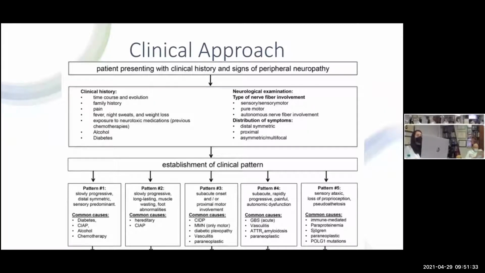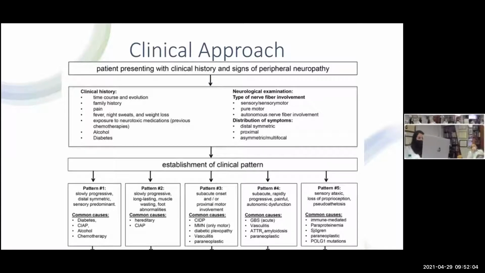You're going to want to make sure to talk about the time course and evolution. When did it start? How is it going? Is it getting worse? Is it staying the same? Family history, when you're looking for those hereditary polyneuropathies. Do they have any other family members that have these diseases? You want to ask about their pain, fever, night sweats, and weight loss, looking at more of a hematological or oncological underlying etiology. And then you want to ask about exposure to medications, alcohol, heavy metals, any industrial chemicals, things